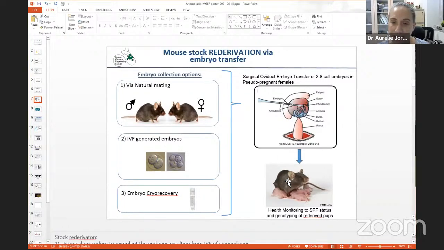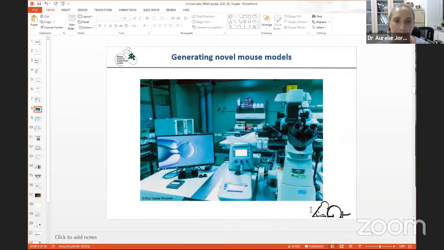So we anesthetize the female, and we re-implant the embryos in the ampulla of the oviduct of the female. We close everything down. The animal wakes up and carries out the pregnancy with the modified or the IVF generated embryos, and this works out pretty well. So we've been doing a lot of that. Okay, so now